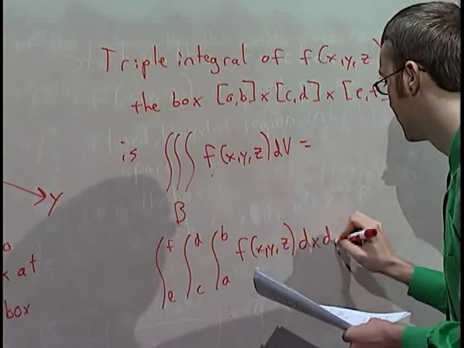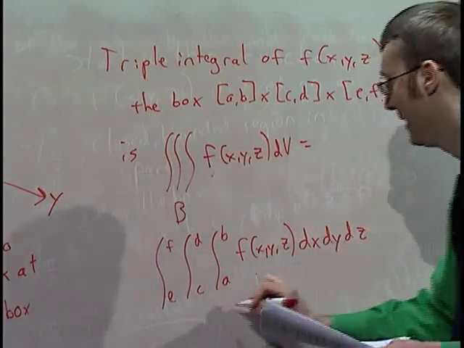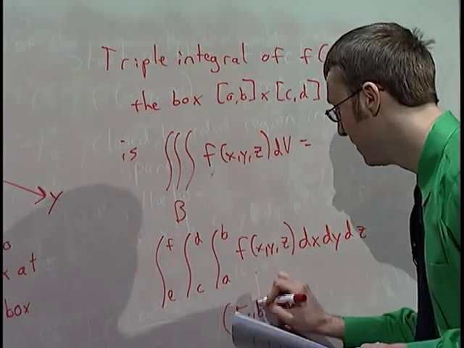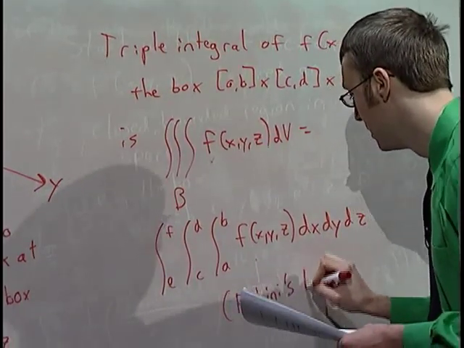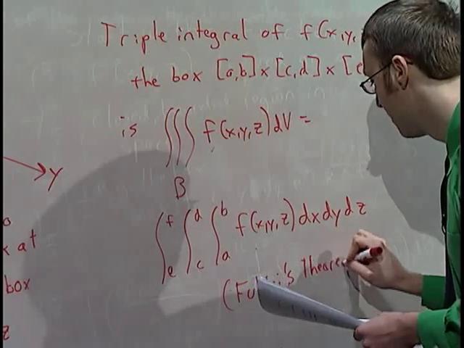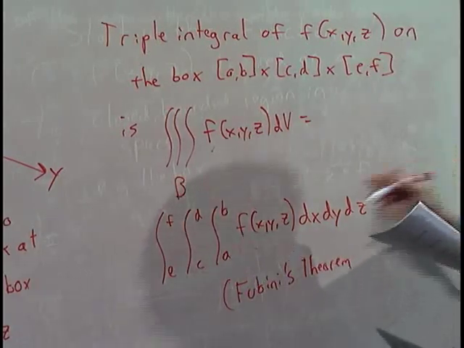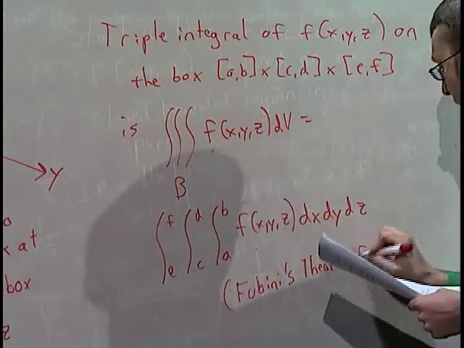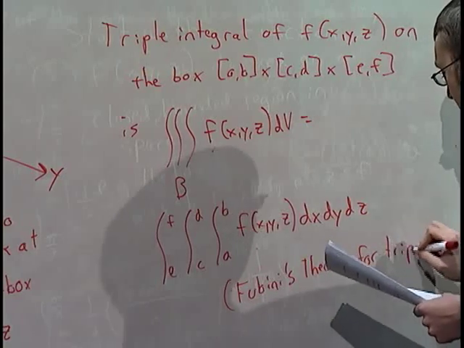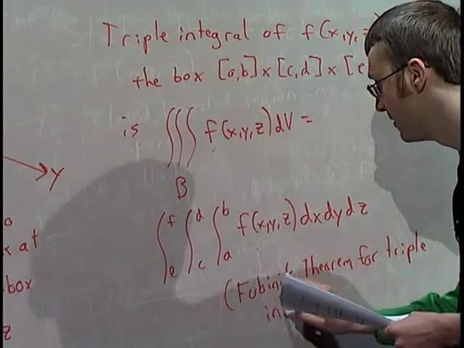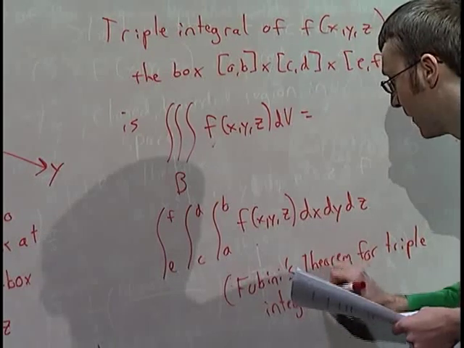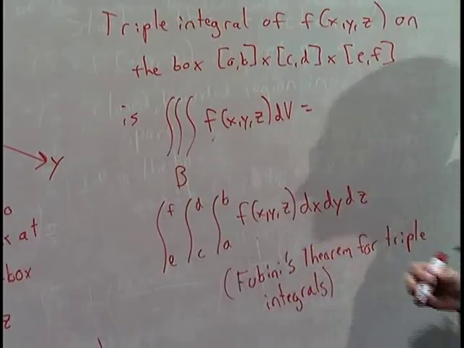So this is dx, dy, dz. And this is Fubini's theorem, which is the same theorem we had for double integrals, only this is the triple integral case. So Fubini's theorem for triple integrals tells us that we can evaluate these integrals as a series of 3 iterated